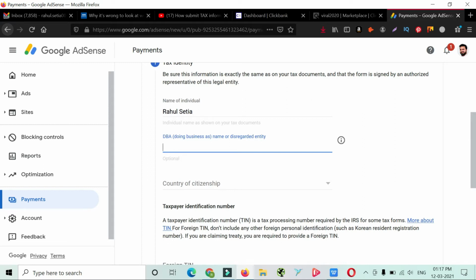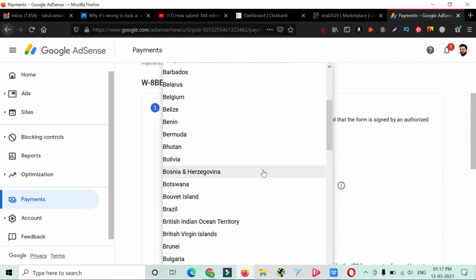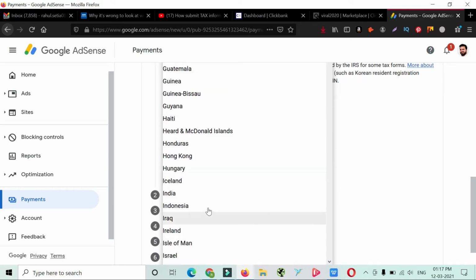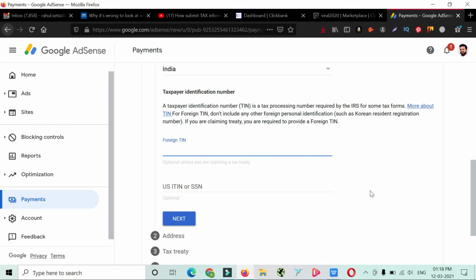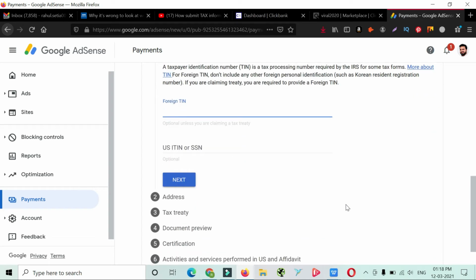So it is an optional option, and I want to enter Tech Blog Corner, then the citizenship of the country. I am from India. You can enter your PAN card details in terms of tax identification number, otherwise you can leave it blank. Then click on next.